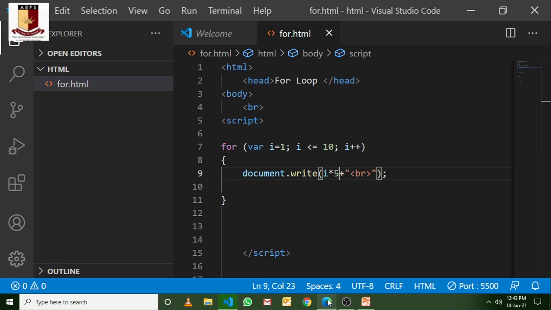Got it? You can even decorate it in a proper manner also. That is up to you, how you apply all these concepts, and this is the way you can use the for loop. Got it? So use this at home and do it practically, and apply different concepts. These are the basics that will give you an idea of how the looping statement works.